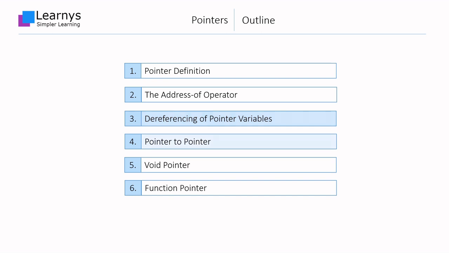The lesson goes on to the next topic, which is the double pointer, pointer to another pointer. This is also a difficult topic to understand, but we will make it simpler for you. Sometimes we need to have pointer type variables which are not associated with a particular data type. They are known as void pointers, which is discussed next. The lesson concludes with a discussion on function pointers.